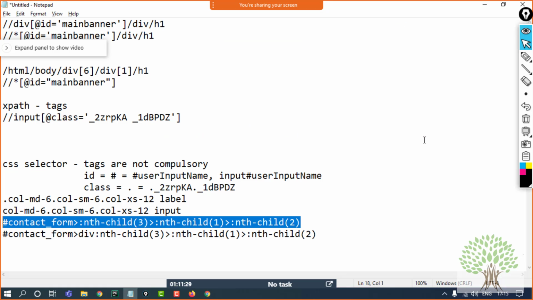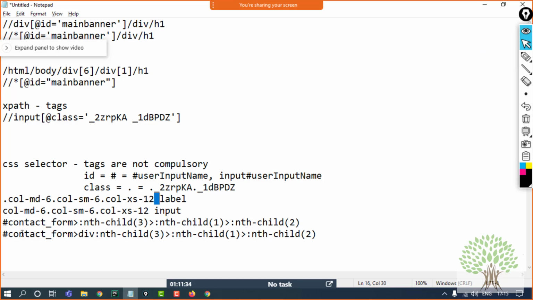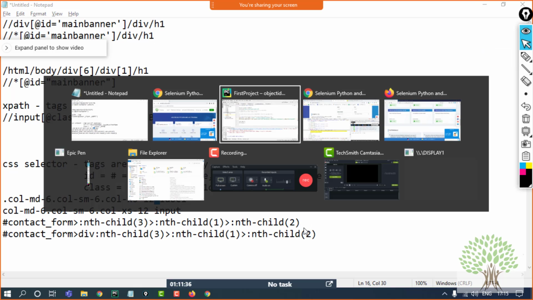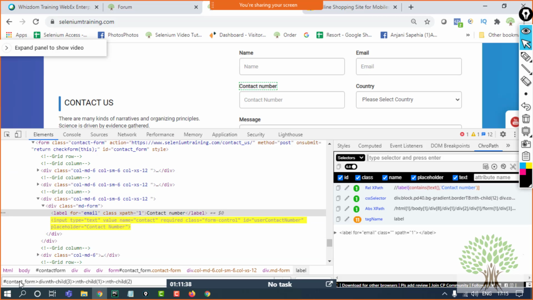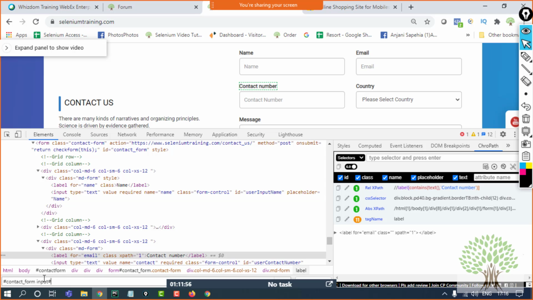Now if I have to make the CSS selector this way, just by having the space, I can just go on and say in contact form, look for the input tag which has an ID. I remember the name ID only, so I'll use that, input name.